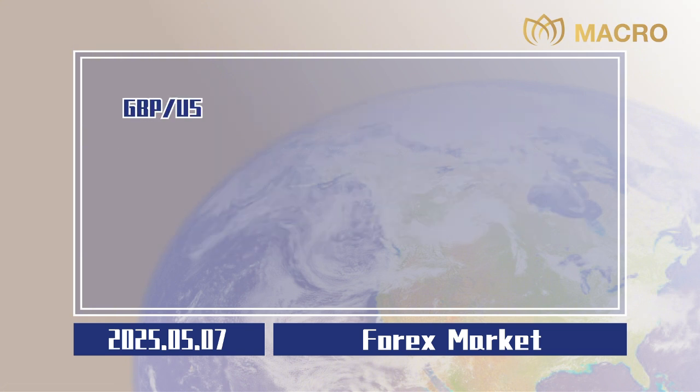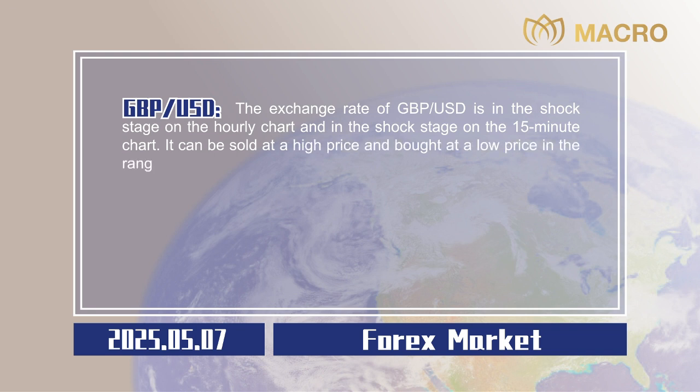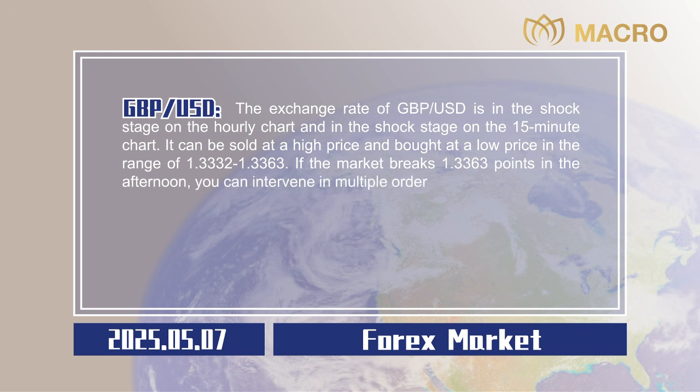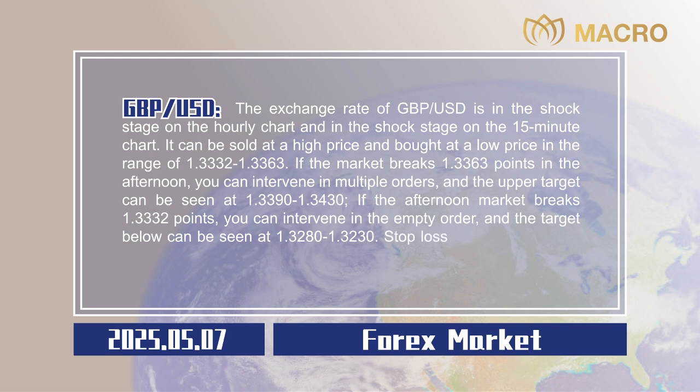0.0020. Pound sterling to US dollar. The exchange rate of pound sterling to US dollar is in the shock stage on the hourly chart and in the shock stage on the 15-minute chart. It can be sold at a high price and bought at a low price in the range of 1.3332 to 1.3363. If the market breaks 1.3363 points in the afternoon, you can intervene in multiple orders, and the upper target can be seen at 1.3390 to 1.3430. If the afternoon market breaks 1.3332 points, you can intervene in the empty order, and the target below can be seen at 1.3280 to 1.3230. Stop losses are all 20 points,